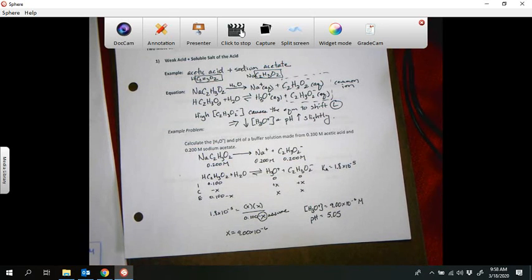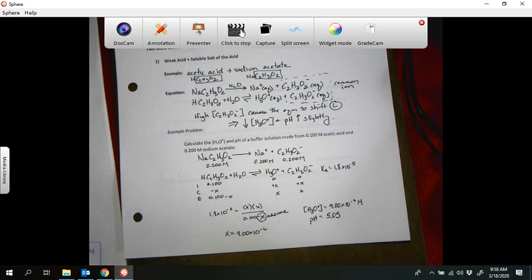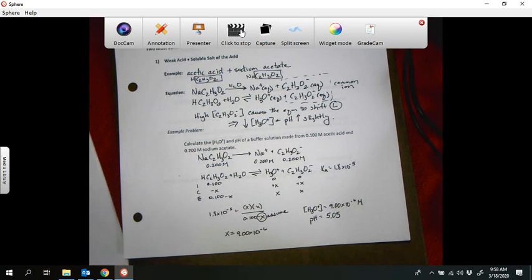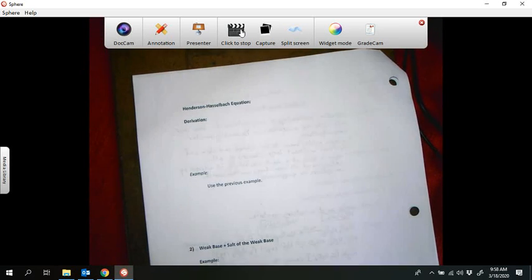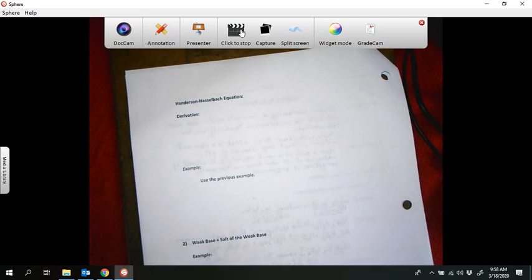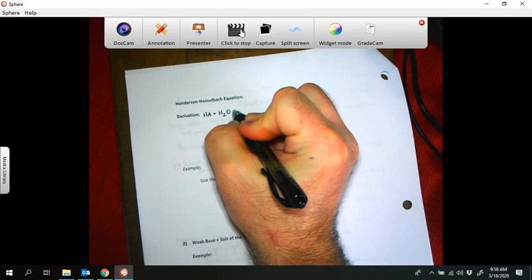So, not too bad. But if we could not assume, we'd have to go through the quadratic formula, which we all know is a little bit more tedious. Based on this information about being able to assume, someone a lot smarter than me came up with an equation called the Henderson-Hasselbalch equation, and I imagine that their last names are Henderson and Hasselbalch. You're not responsible for the derivation, but it goes to show where this information comes from. If this is our generic equation for a weak acid,